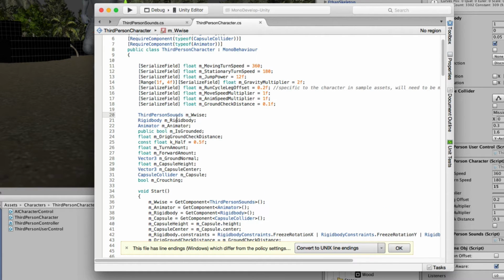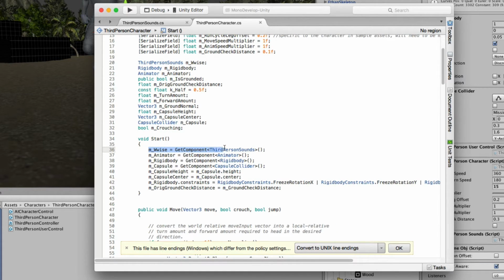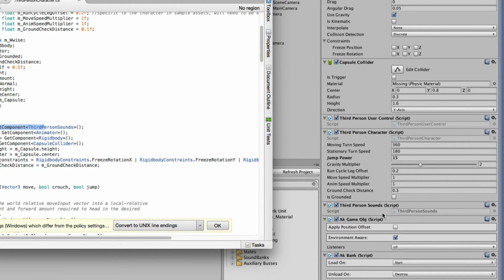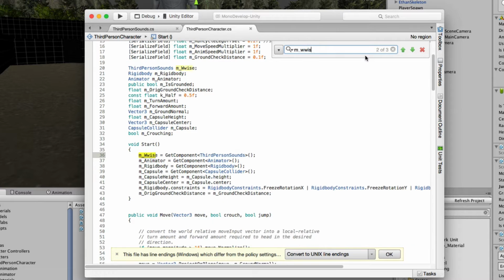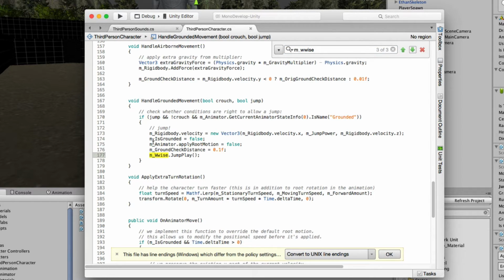That's where we create the variable. We then initialize it here, get component third person sounds, which we can see third person sounds is attached to that component. So that's loaded in, and all of the public variables and functions are now accessible through this script here. If I go ahead and find in the page itself the reference to Wwise, so we've got the initial declaration, the initialization, and then further down, this is where we've simply added an extra line into the jump